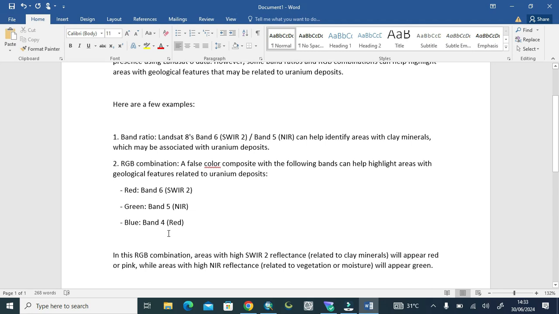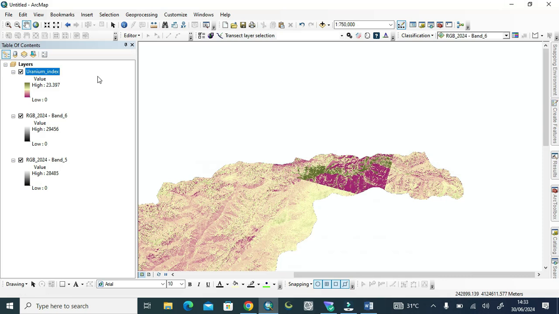Simple, we follow that. Now we get it in the RGB form. RGB means red, green, blue, a 3-band composite image, in which we will have uranium with clay mineral in pink color, with red shades, like pink to red shades.